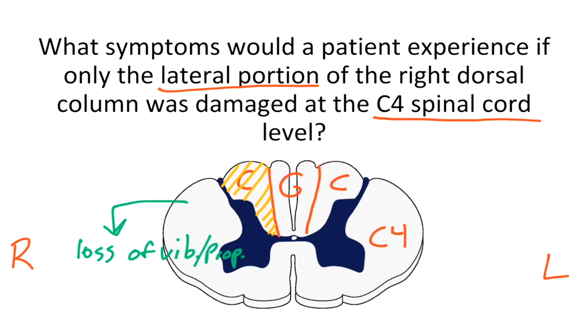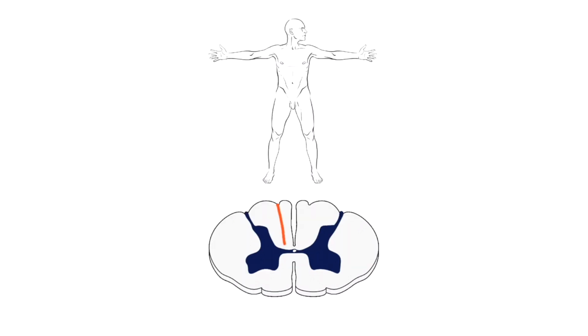However, if the medial portion was spared, as in this case, that means that some tracts are fully functional. So as I've written here, with a G, the fasciculus gracilis is spared on both sides of this patient. So this patient has damaged the fasciculus cuneatus, as we just mentioned,